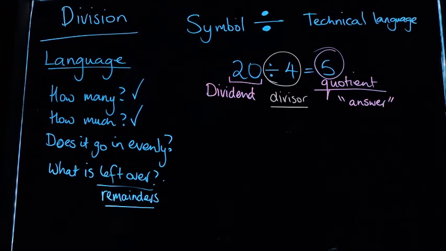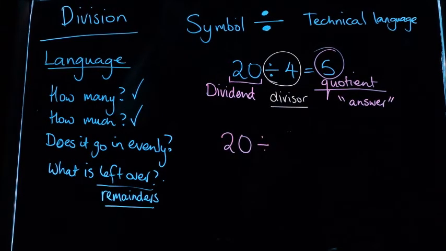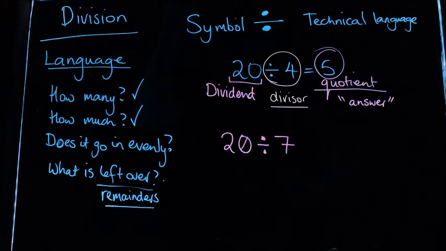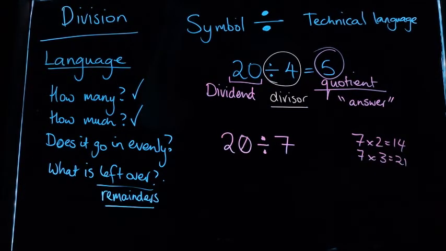Okay, so you'll see there's one more word that we need to talk about. We need to set something up so we can talk about remainder. So let's set another question up here. Let's change one thing. Let's do 20 divided by 7. Okay, so we might know that 7 doesn't go into 20. If we remember our 7 times table, we've got 7 times 2 is 14, and 7 times 3 is equal to 21. So the answer to this will be,